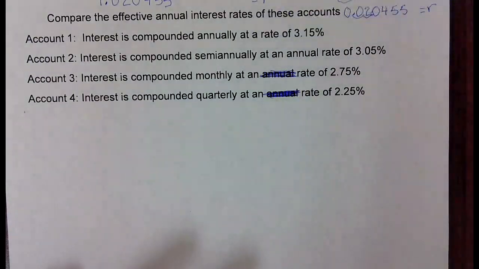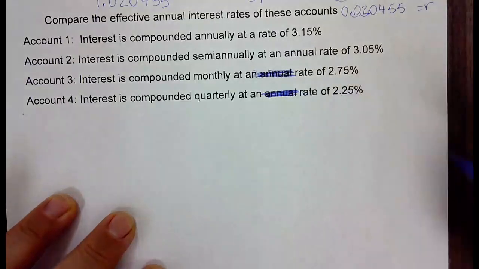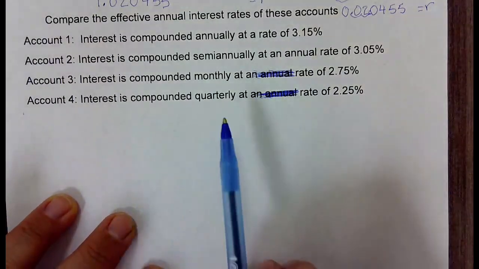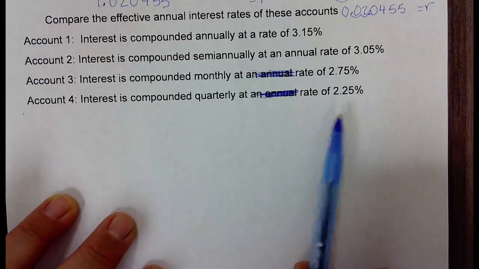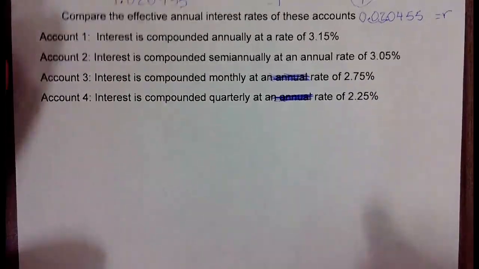Okay, it's compounded monthly at a rate of 2.75%, and this one, account 4, is compounded quarterly at a rate of 2.25%. All right,